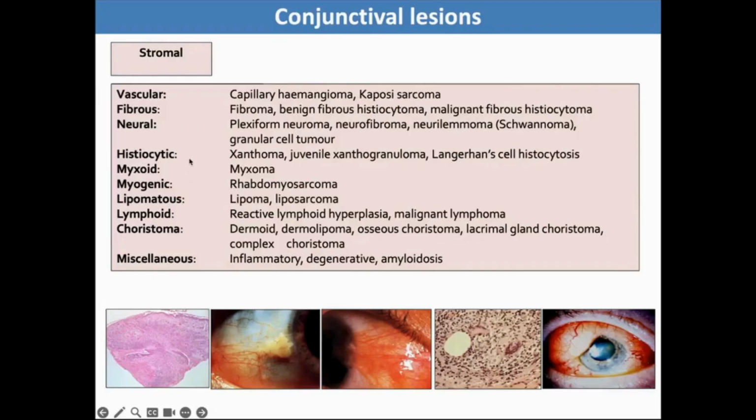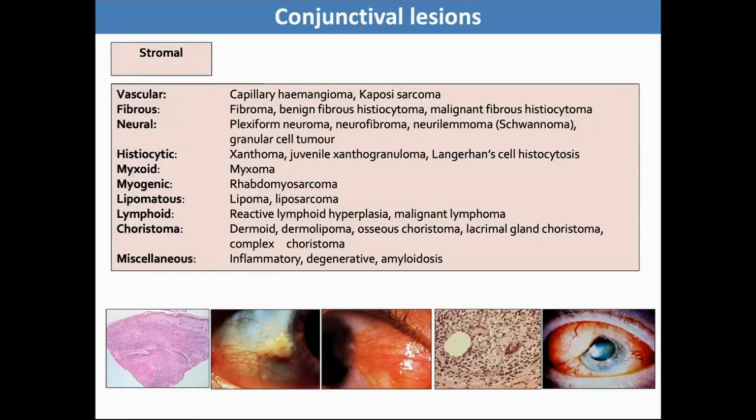We have nerves within the conjunctival stroma. We can also have the development of lymphomas. But I'm just going to go through some of these to highlight them so that you can see